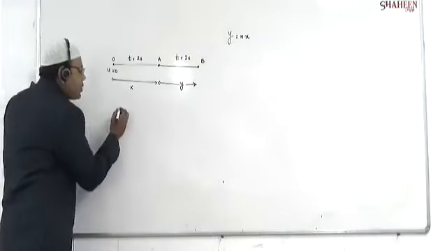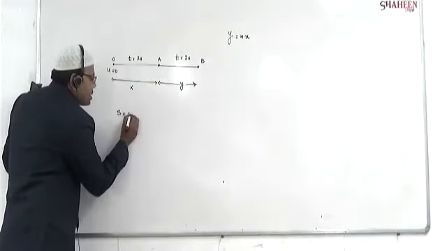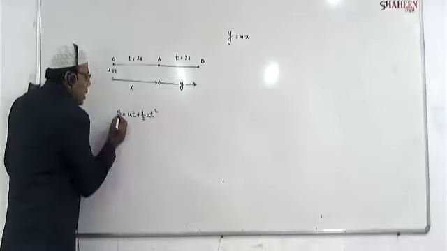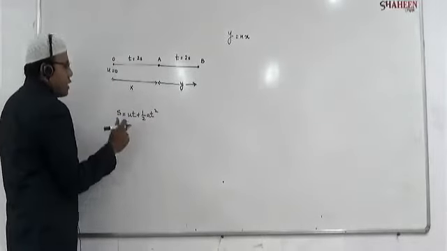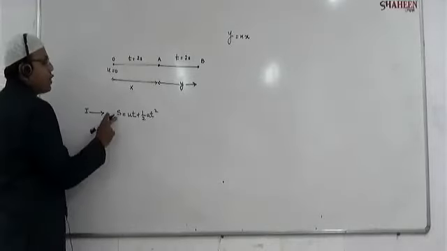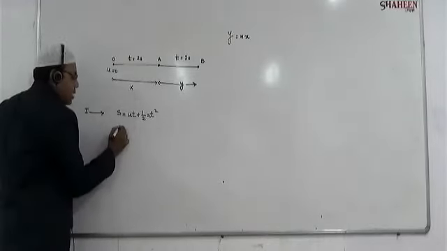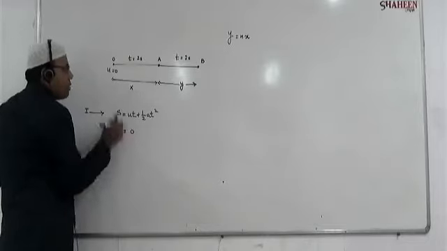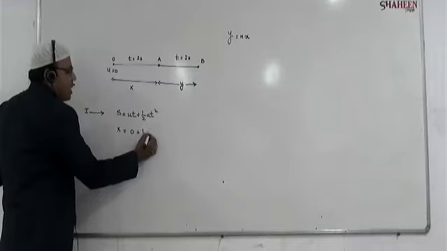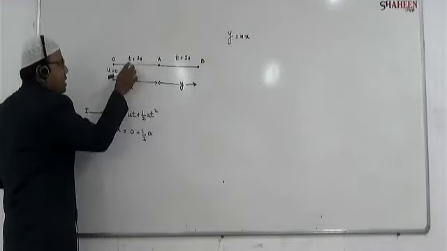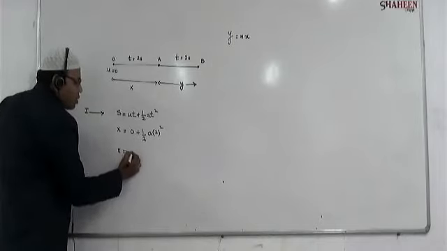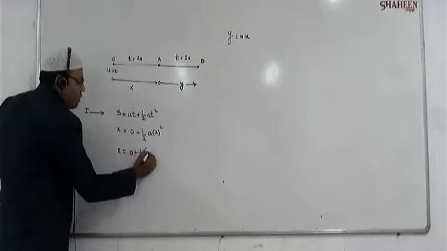Students, you know this equation, s is equal to ut plus half at square. So how much is the distance? This is the first condition I am doing. Here the distance traveled is x. Initial velocity is 0, and 0 into something is 0, plus half a. What is t square? The time here is 2, so 2 square.